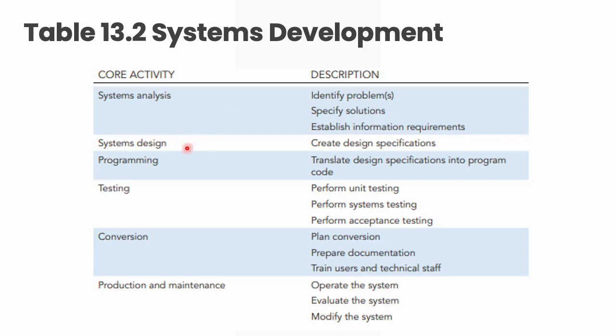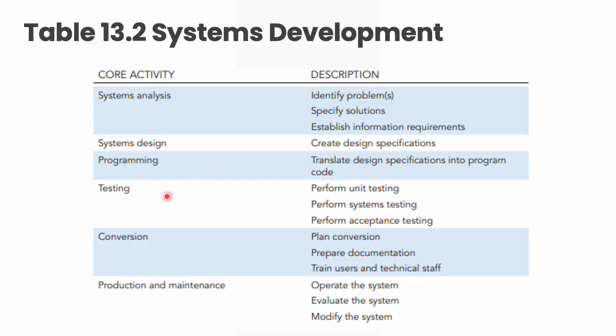The second one is system design. Now we become the architects. We take the requirements from step one and create the blueprints for the system. We design how it will work, what it will look like, and what parts it needs. Next one is called programming. Here, the software developers take the blueprints and start building. They write the code and turn this design into a real working software application.